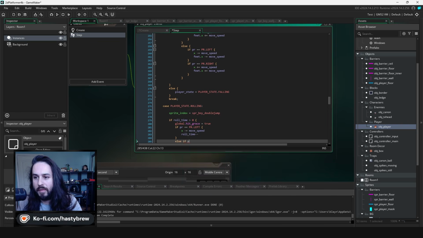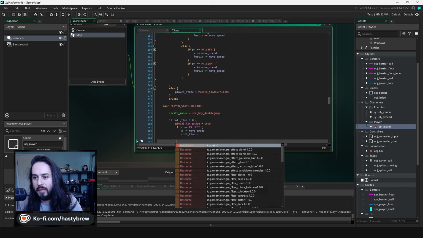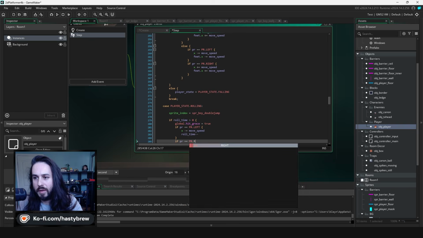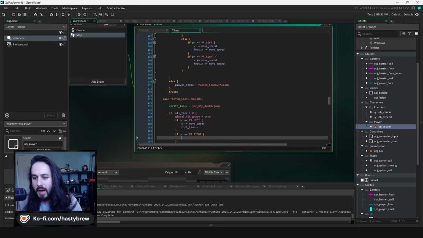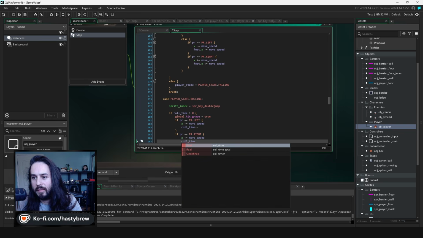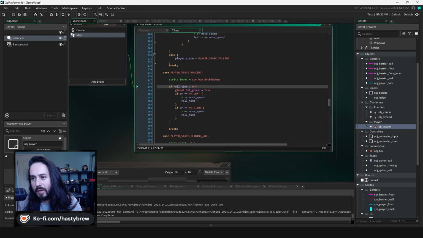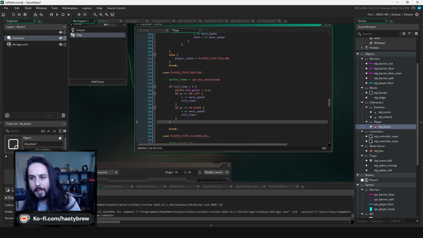Just if PR equals PR dot right, opposite, x plus equals move speed. And again, I like running this right below it so it doesn't get caught up in any kind of statement nonsense. Then here we can just